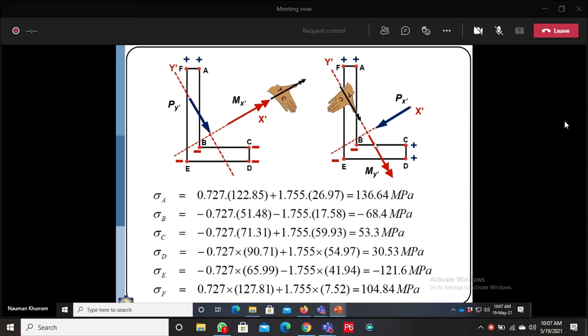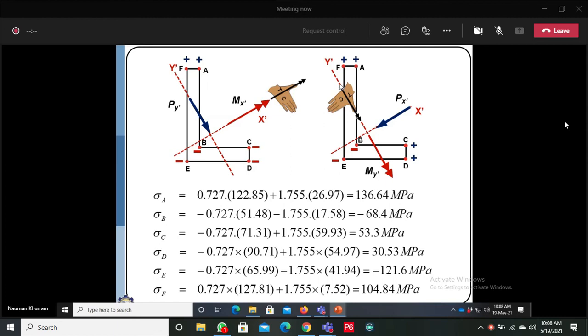about y principal axis. So again, if the moment is acting about y principal axis, then y principal axis will become the neutral axis. So one side of the neutral axis will be in compression and the other side will be in tension. So if the load is acting from this side, then opposite to the load we will have compression in case of cantilever beam, and the loading side will be in tension. Or you can perceive the sign convention from the right hand rule.